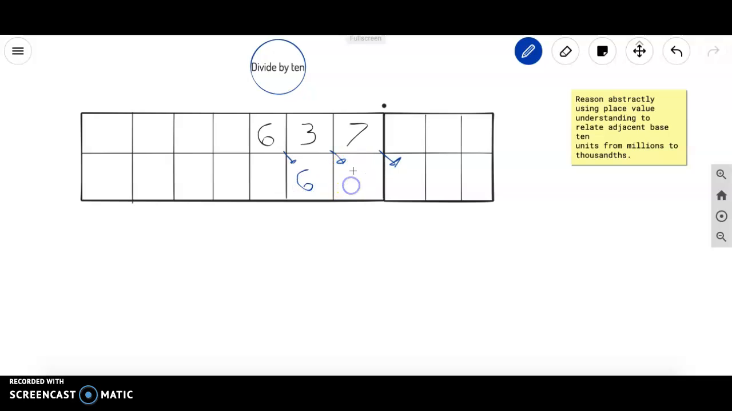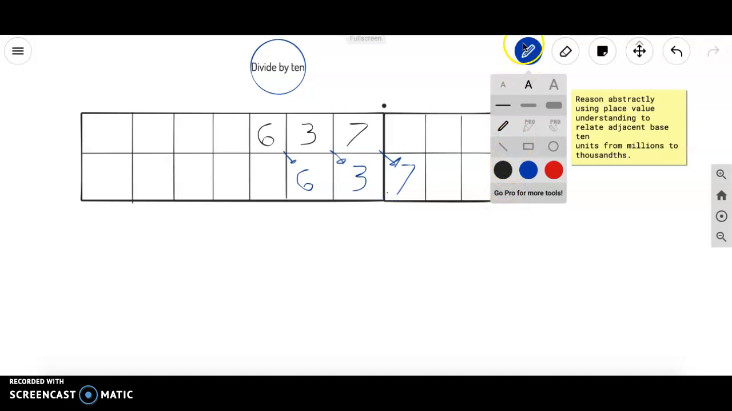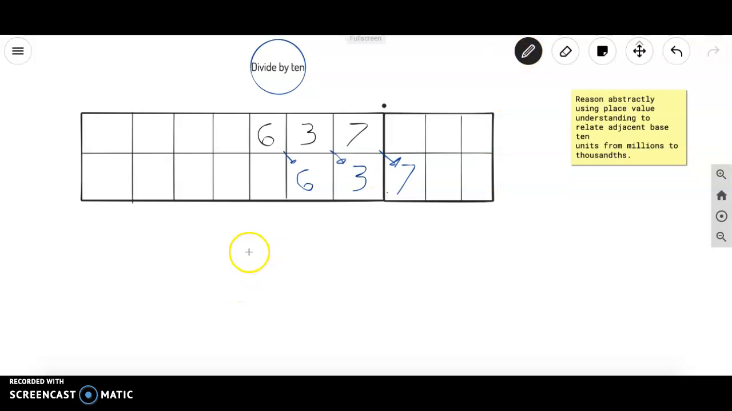637 is now 63.7 or 63 and 7 tenths. And I'll also do this decimal point there so we can draw it out. So what's interesting about this is I showed you guys the zero rule yesterday. This follows a very similar concept where if you take